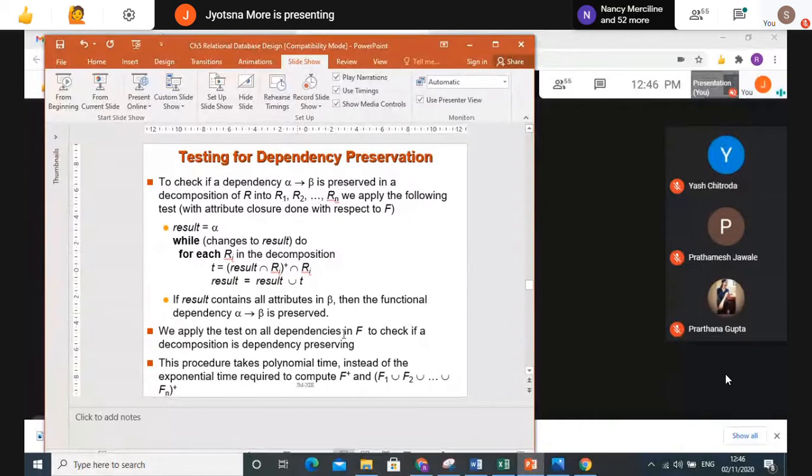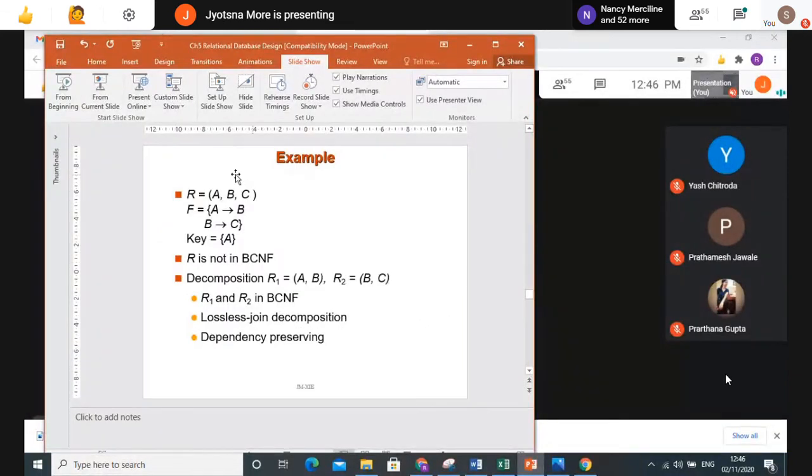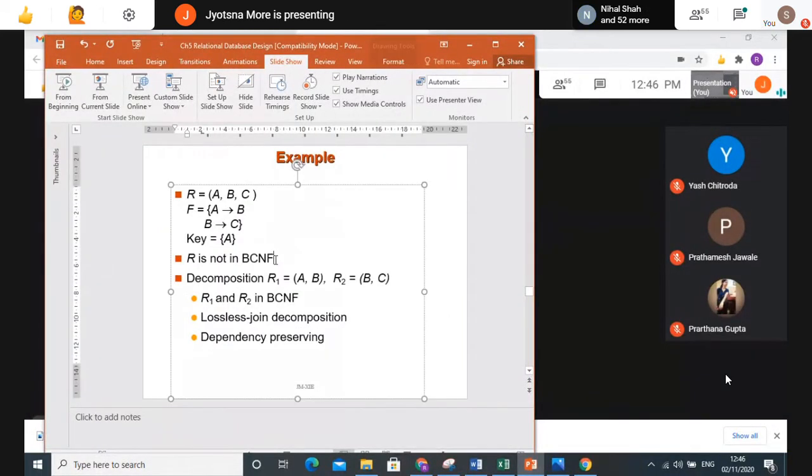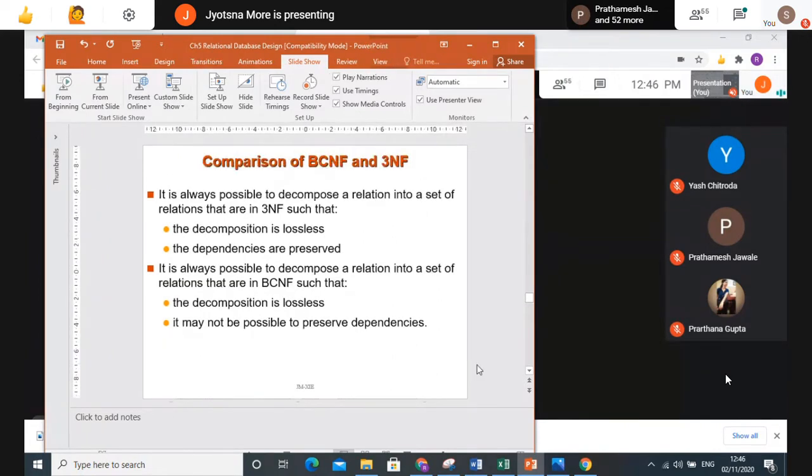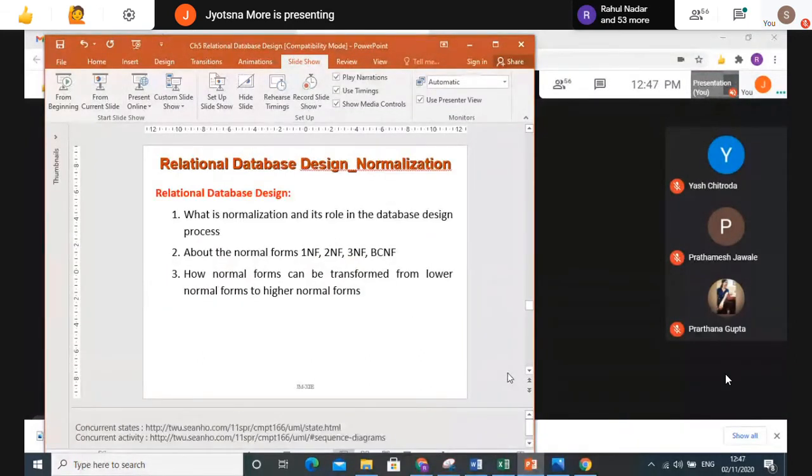That I have explained. In this example, forget about this BCNF because that part we will do when we do normalization. And this I have already taken as a lossless join decomposition and dependency preserving for the set AB and BC. For AB and AC, it is not dependency preserving. This part I will take when I cover normalization, which is a question usually asked to you. That part we'll cover later on.